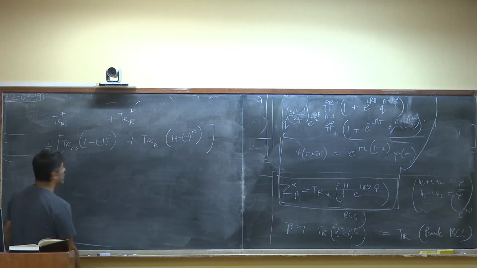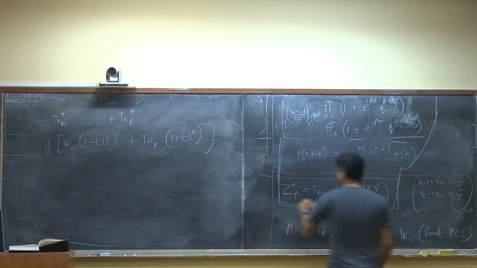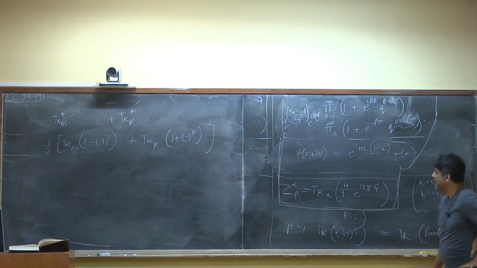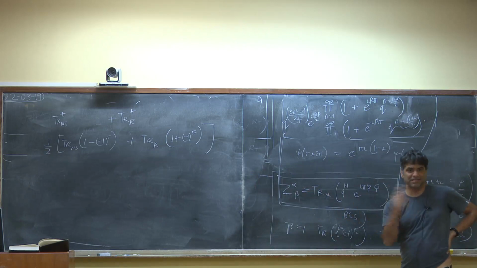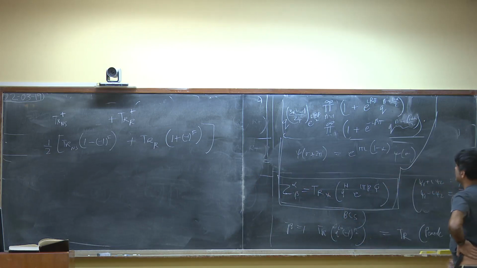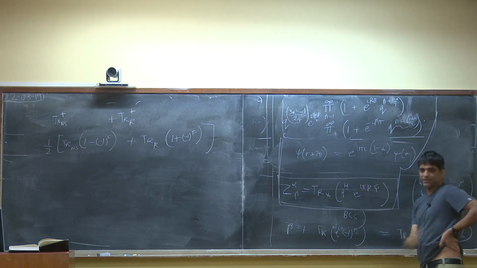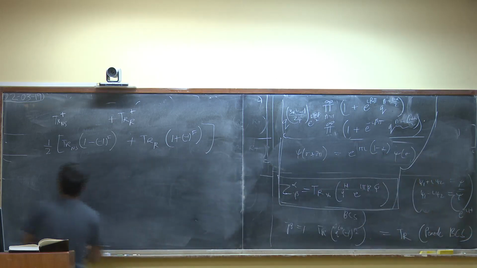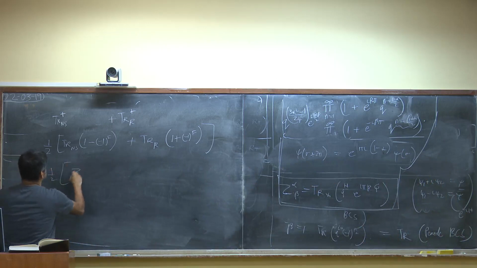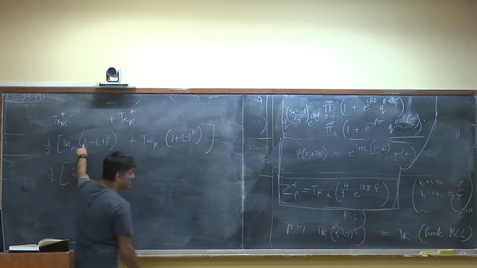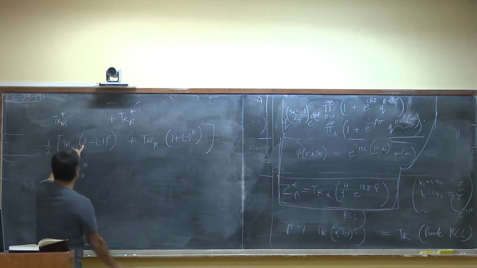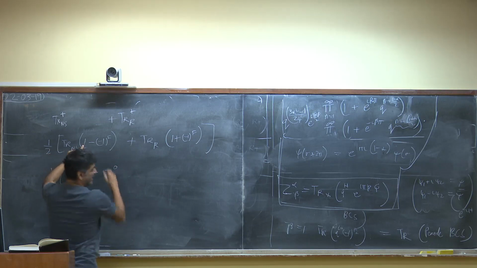Okay. Now, with your help, I will translate this into the z plus minus language, the z alpha beta language. The top guy refers to the periodicity on the circle and has been chosen so that alpha equals 0 is NS sector, because if we put alpha equals 0, we get a minus sign as we go around. So this guy is half into Z 0,0, and the 1 here is simple trace, so that's 0. Then minus Z 0,1.